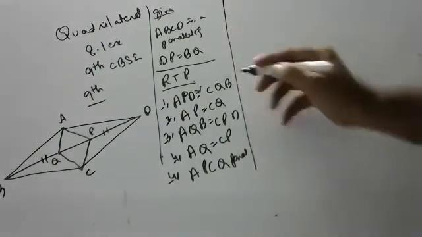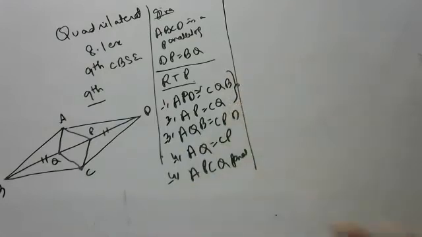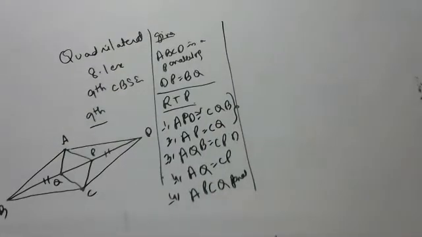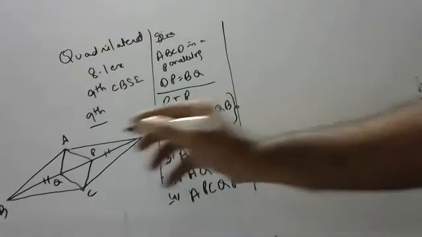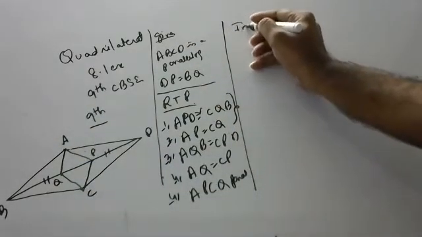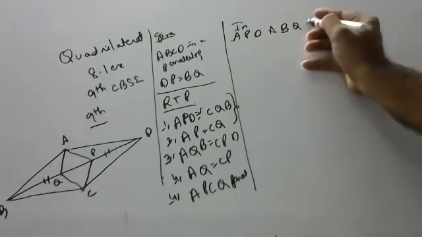Okay, children, if you understand the first one, the second is the same. First how you prove, second also you will prove the same. Easy, children, very easy. No need to panic, just concentrate. So children, proof. I want to take these two triangles, APD and BQC.